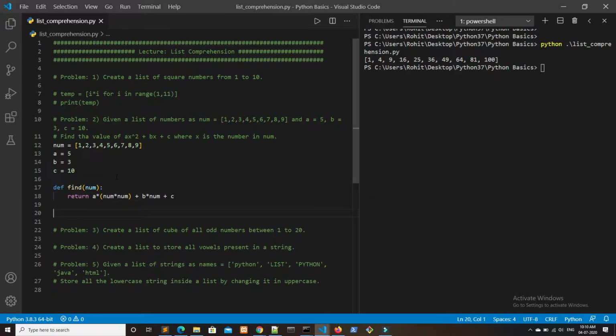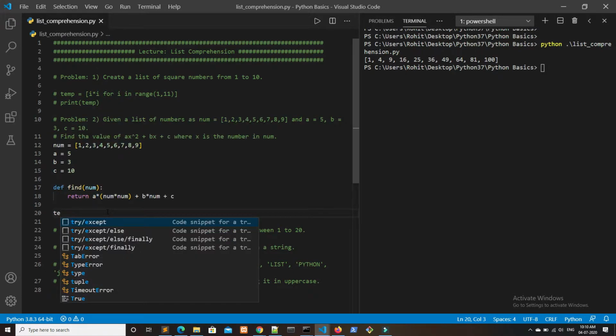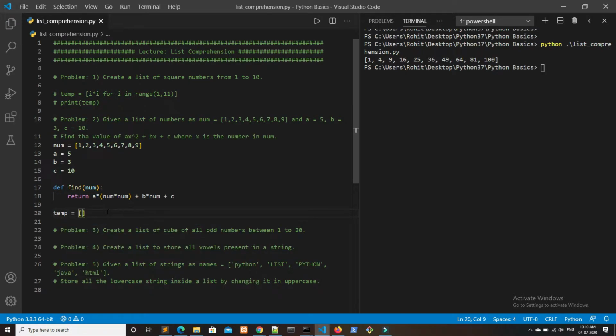Now we have to create a list using list comprehension, and we have to pass this function in the list comprehension. So we have to create a variable for the list. I will be naming it temp, and we have to write everything inside these brackets. We first write the expression.